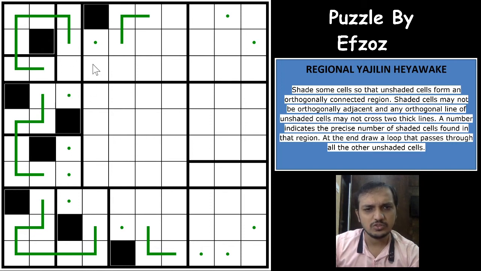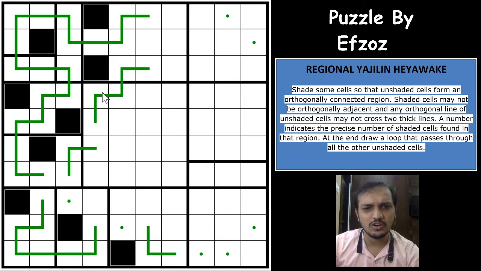and one of these two cells will have to be shaded, right? Again this cell cannot be shaded, so if this cell is shaded, again you have a white cell that is stranded in between, which means this cell would have to be unshaded, and which makes this cell as shaded. So we got something here now. I'm just connecting the loop. So these are all the white cells, because two orthogonal adjacent cells cannot have shaded cells. So being this as white cell, I'm just connecting the loop here.